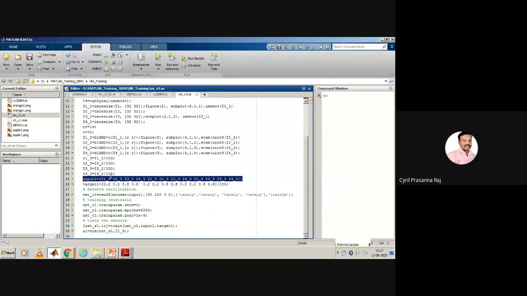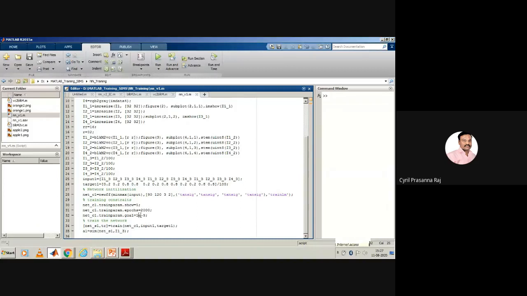If I say two epochs, I'm training the network by taking this entire matrix twice as input. That is epoch equal to 2. Epoch equal to 2000 implies I'm taking the same data and giving it 2000 times to the network to be trained. So you can decide whether you want 2000 epochs or 100 epochs, and which is the best one. Now the other possibility is the training goal.